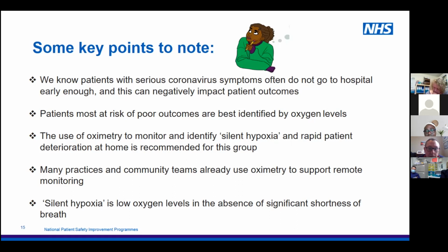You don't feel breathless, you don't feel unwell. And you can go on for days like that, and you haven't got enough oxygen, and your levels can drop really low, and then suddenly everything starts going wrong. Your heart starts getting impacted, your kidneys, your brain. And actually, if we'd picked you up 2, 3, 4 days earlier and gone, oh, we know where this is heading, let's get you into hospital for some oxygen and steroids, we would stop you getting that unwell, and your condition would hopefully get better much quicker. So that's silent hypoxia. Now, this is hugely relevant to you guys in a care home, because I think sometimes